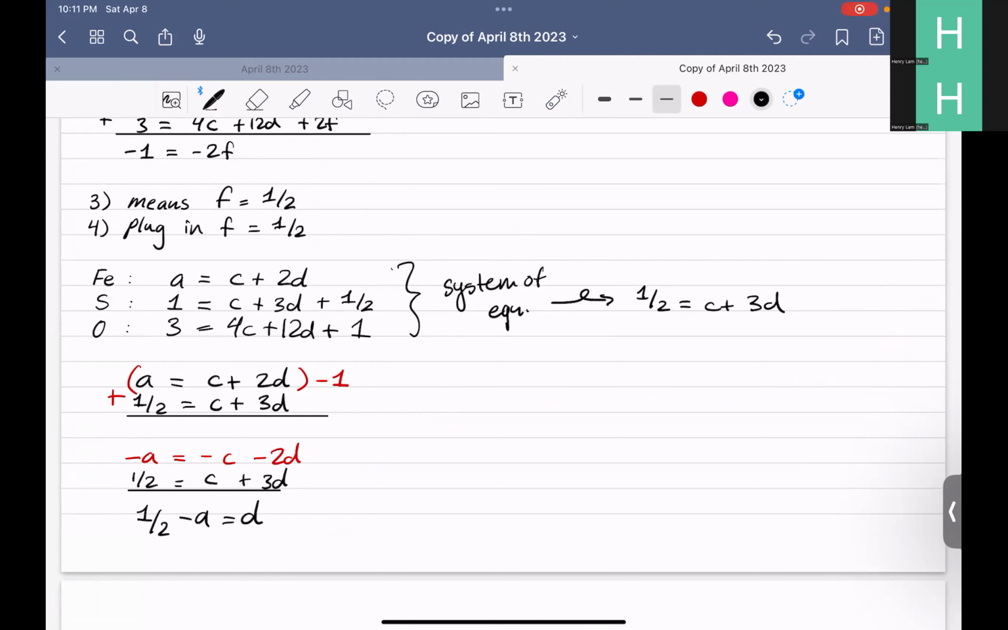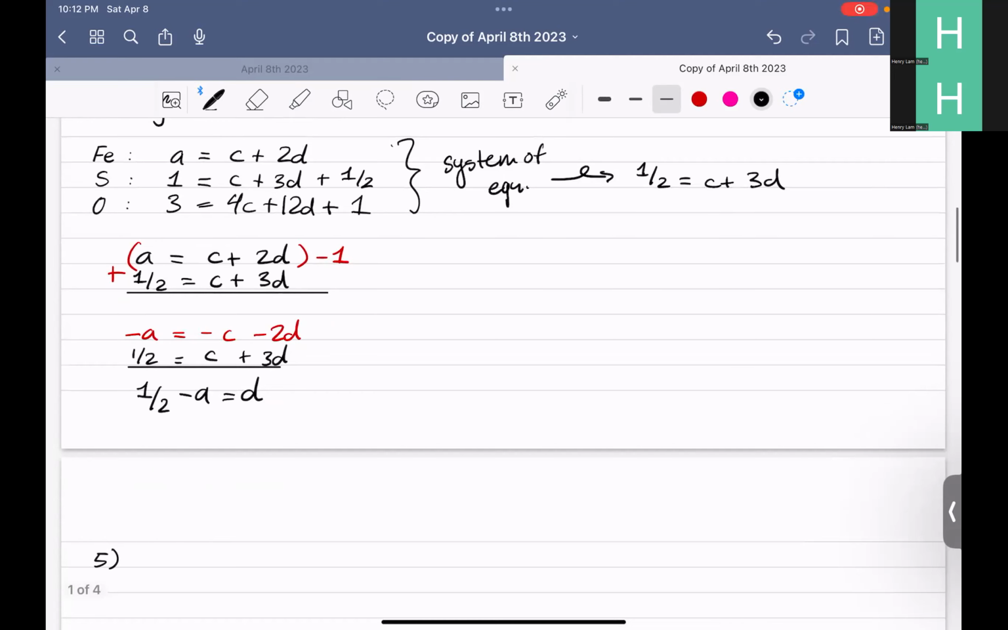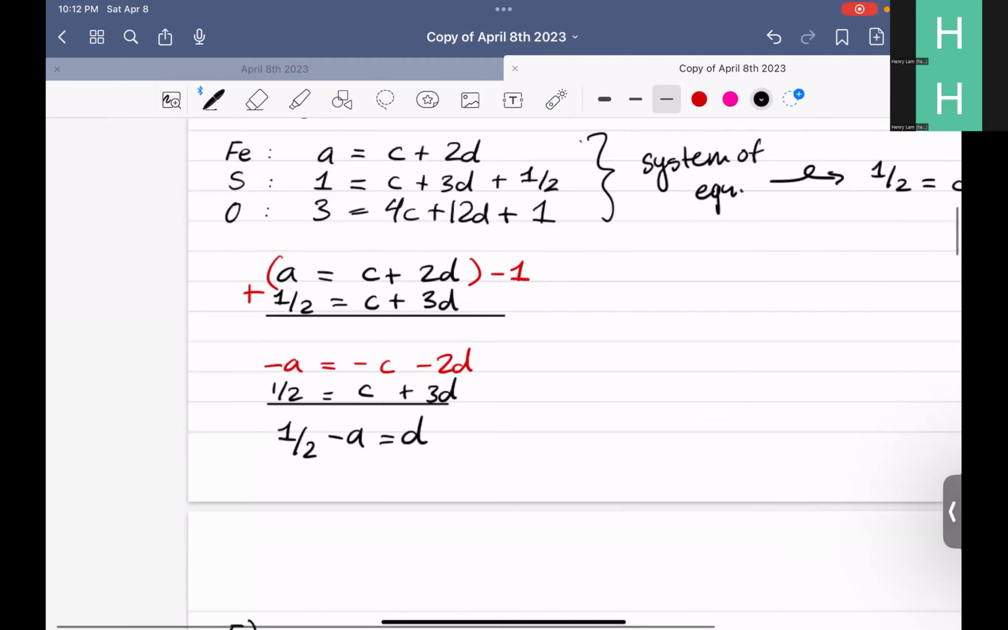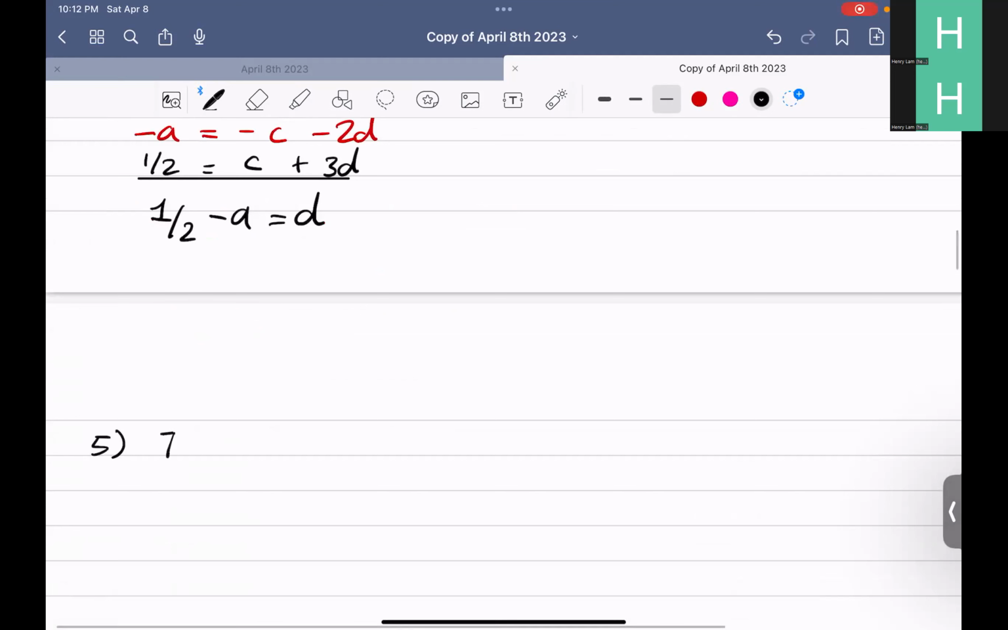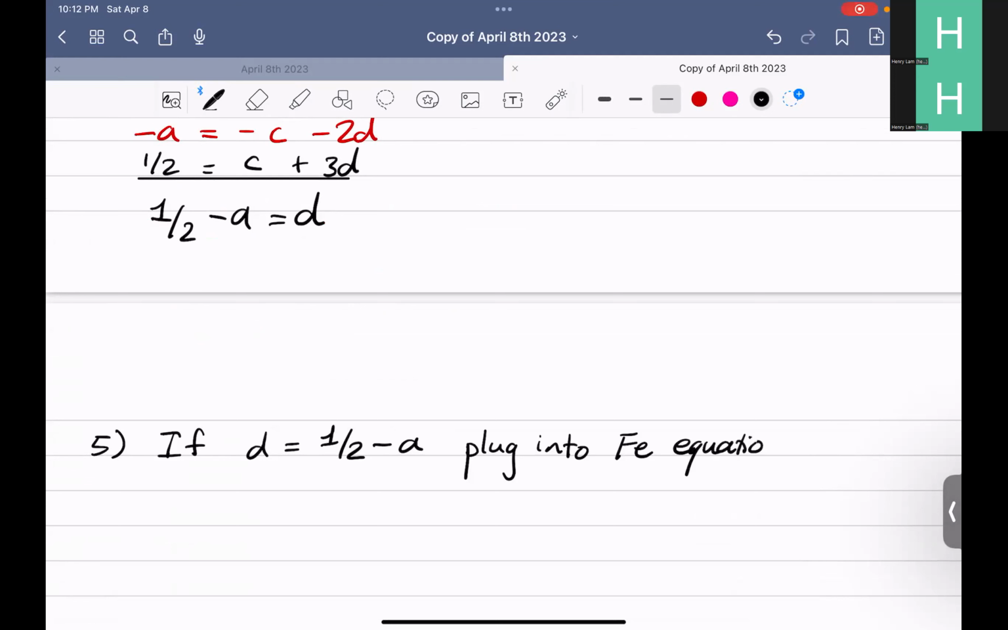And you might say, that's not really helpful. Well, keep in mind, we're still going to continue, right? And this will eventually help us find some values. So we found an expression. So if D is equal to 1/2 minus A, let's plug into the iron equation to get an expression